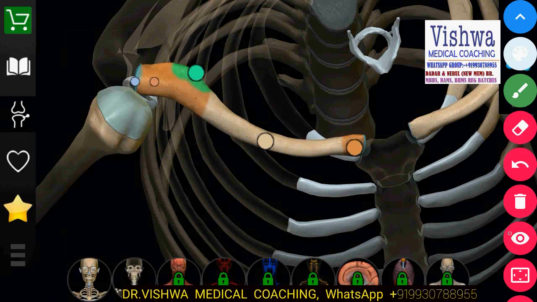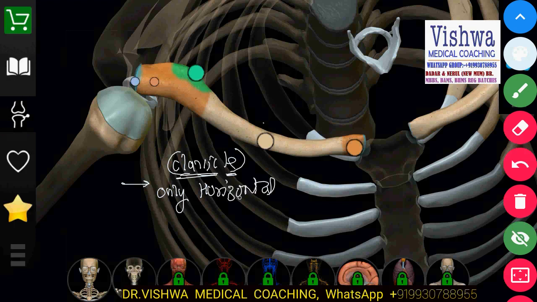Now, let's say, for example, this is a clavicle. So, let's say we are describing the clavicle for the practicals. So, what are we going to write? Remember, what is one of the most important peculiarities about the clavicle? It is the only bone in the body which is lying horizontal. Second important point, if you can see, it is an S-shaped bone.